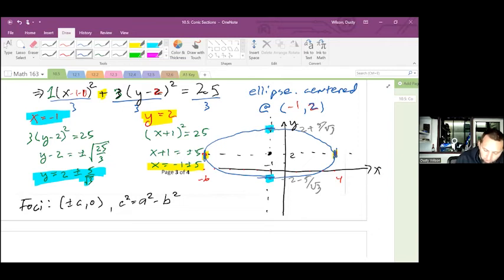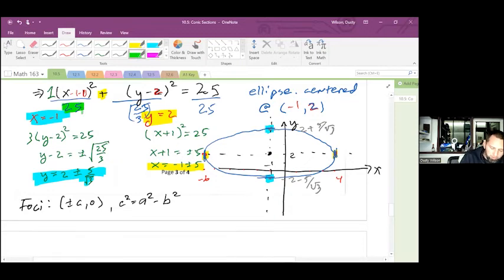I'd be dividing through by 25. And we'd notice that 3 over 25 would be the same thing as putting a 25 over 3 in the denominator here. So in this case, my a